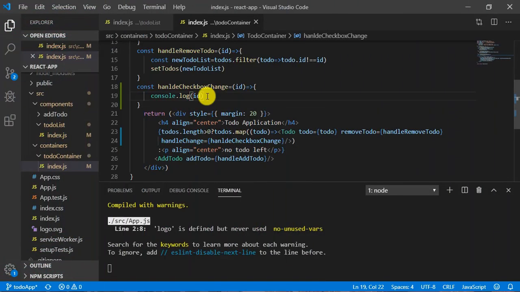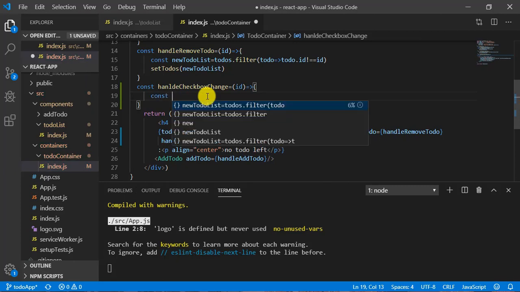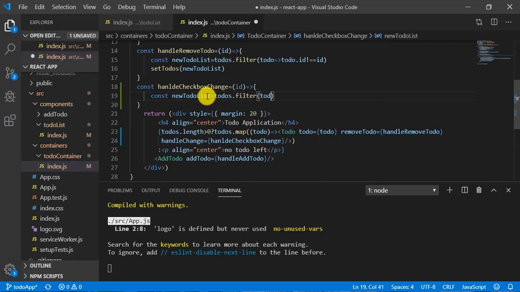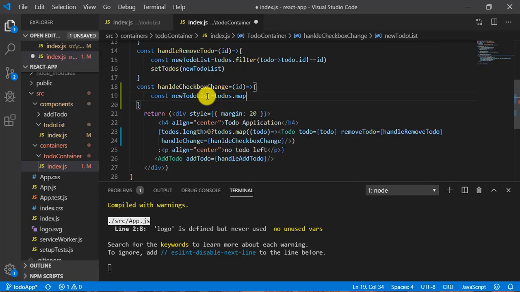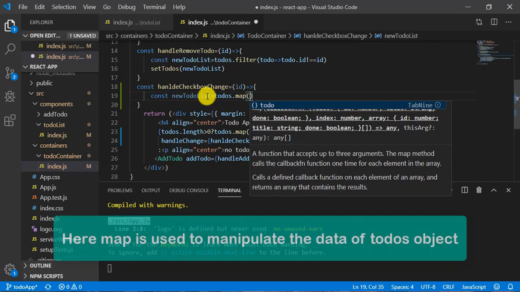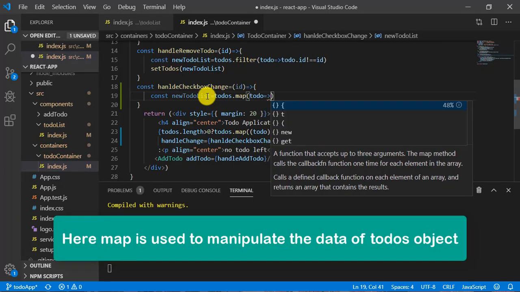Now here we need to write a logic to change the todo list. Let's create a variable const newTodoList. Here we need to modify the object itself, so we can go with map, and this map will give me a single todo.